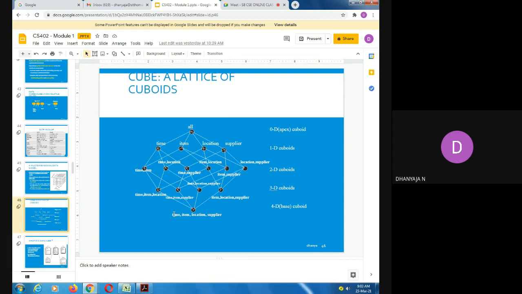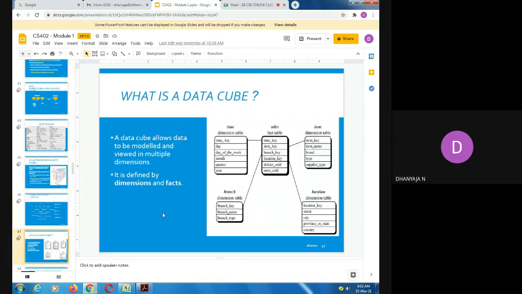Okay, so the main operations performed in this type of cuboid are drill down. Drill down operation converts less detailed data into highly detailed data. It can be done by moving down in the concept hierarchy and by adding new dimensions.